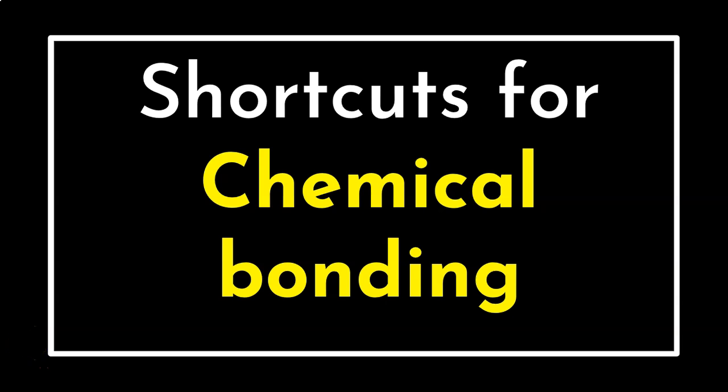In this video, we are going to talk about shortcuts for solving chemical bonding questions. So chemical bonding is the most important inorganic chemistry chapter in competitive exams such as JEE Mains, NEET or any state level entrance examination. Not only that, chemical bonding is also important for your school annual examinations of grade 11. So let's get started and let us talk about hybridization in the video today.